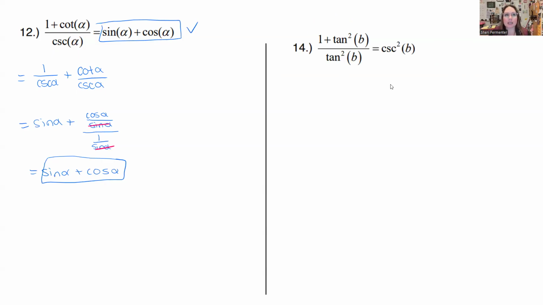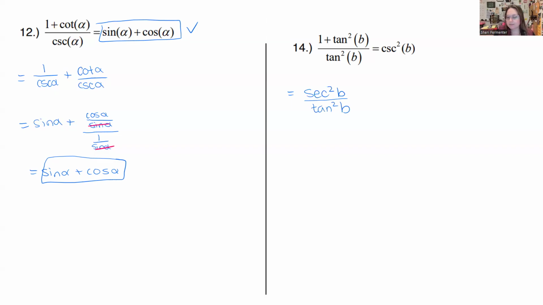For question 14, I am trying to turn this ugly fraction into this. Anytime I have a 1 and something squared, I'm going to check my chart. Is 1 plus tangent squared on your chart somewhere? What is it? Secant squared. So I get secant squared b over